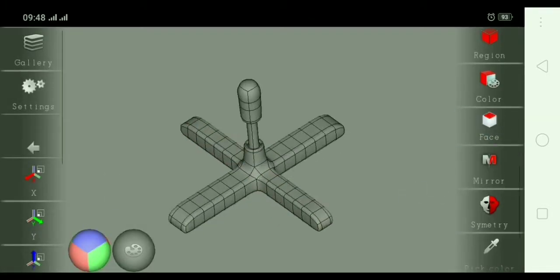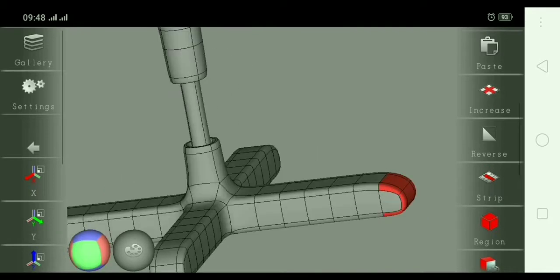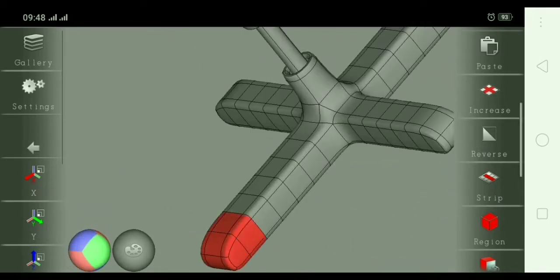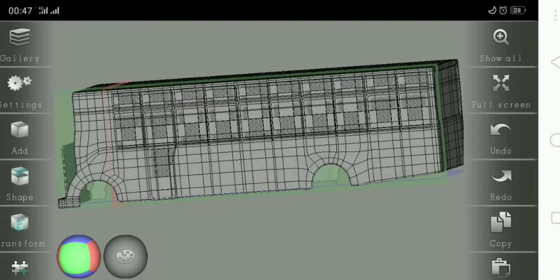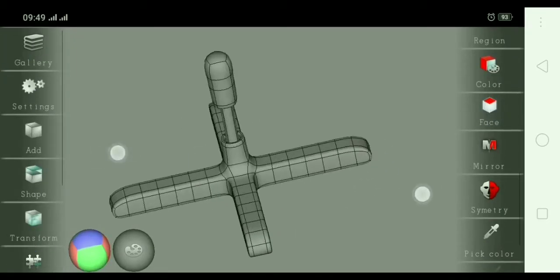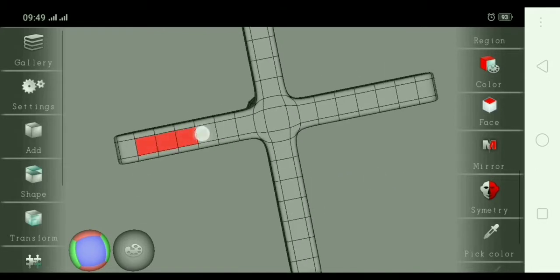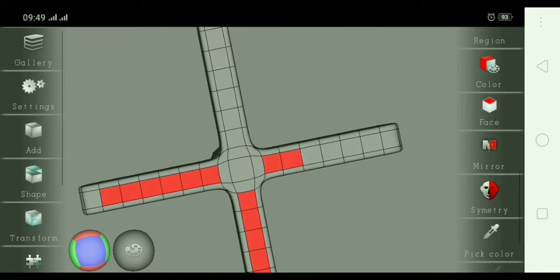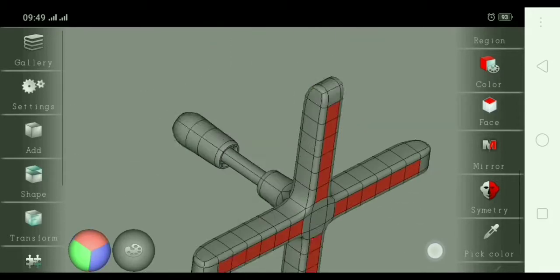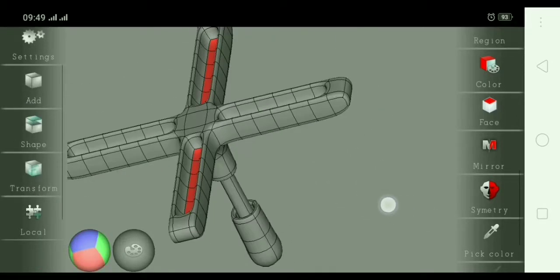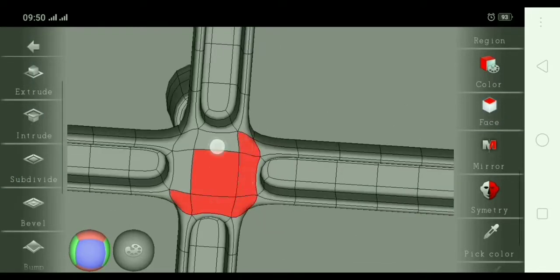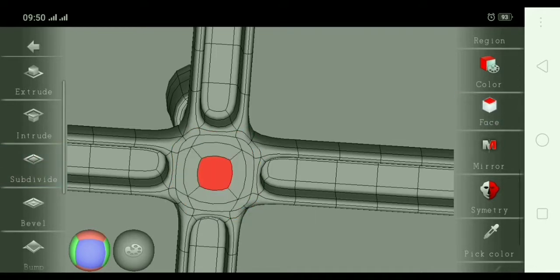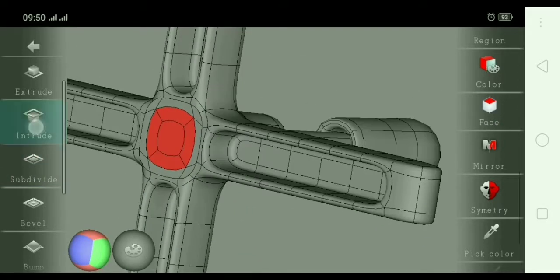Within this project of modeling the Kenyan matatu or the bus, I had to make observations, and every time I got on the bus I counted the number of chairs that are there, and every time I crossed the road I also counted how many windows are there on the right hand side and the left hand side, and how the different aspects or sections of the bus interact with each other to make that body of the bus, and other sections of it like the tires and the rims. So the process never stops until you're done with the project. Next is